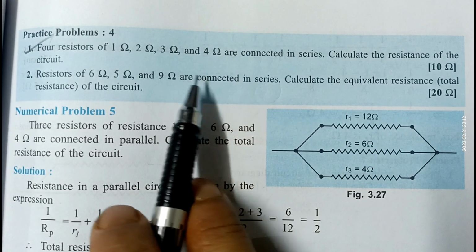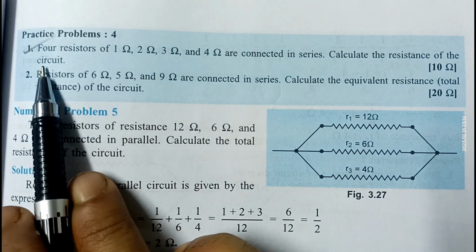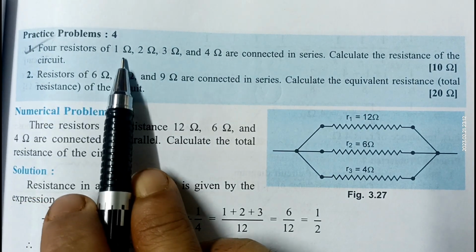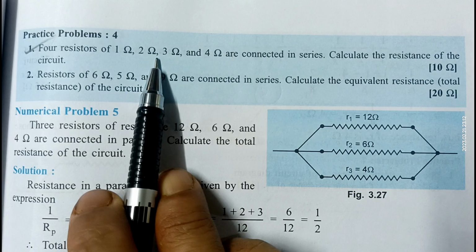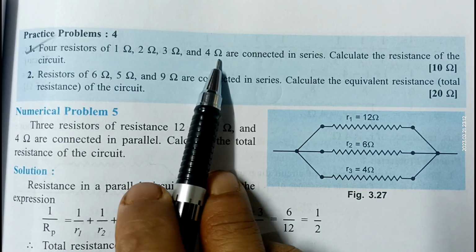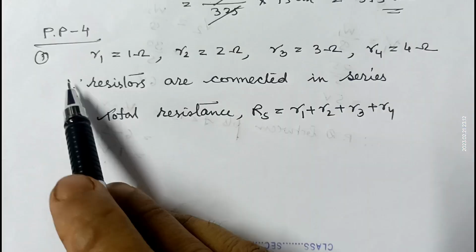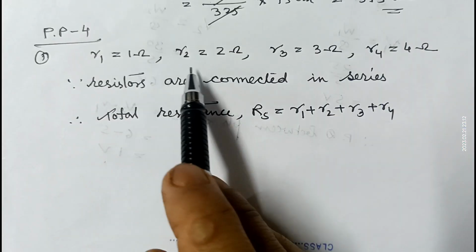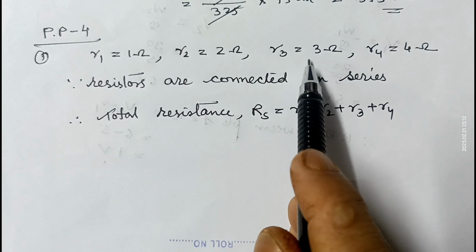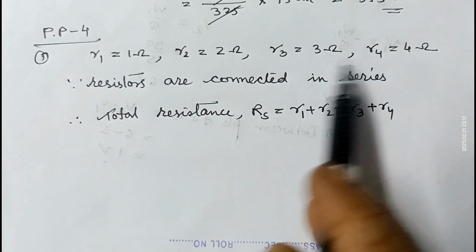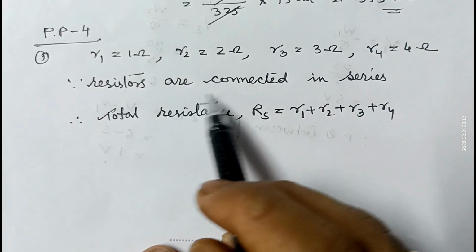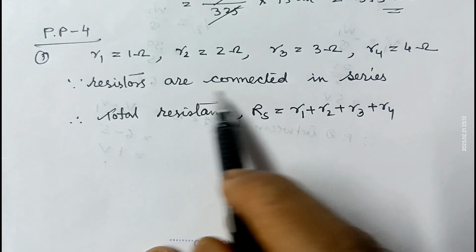Page number 127, practice problem 4. Question number 1 is 4 resistors of resistances 1 ohm, 2 ohm, 3 ohm and 4 ohm are connected in series. Calculate the resistance of the circuit. Here resistance 1 is 1 ohm, second one is 2 ohm, third one is 3 ohm and fourth one is 4 ohm. And it is given that resistors are connected in series,